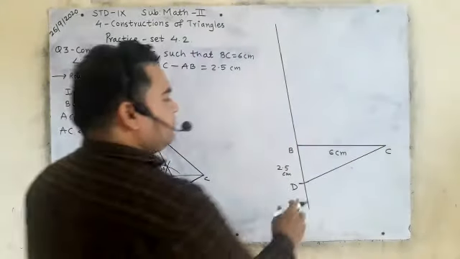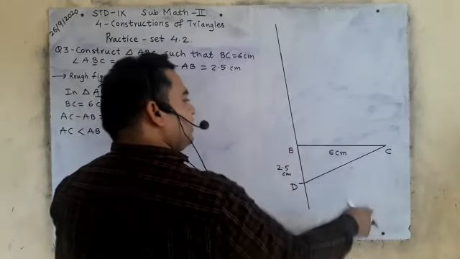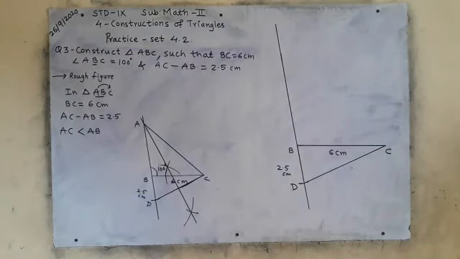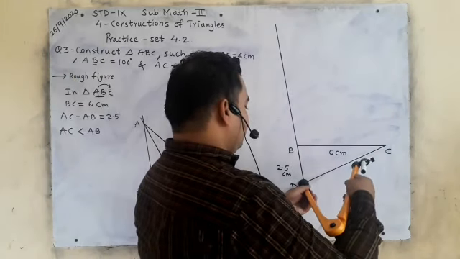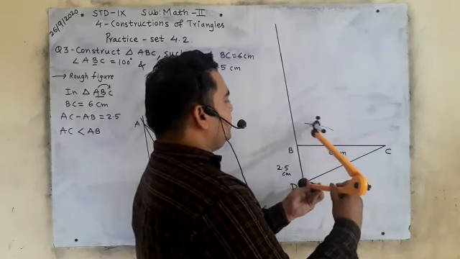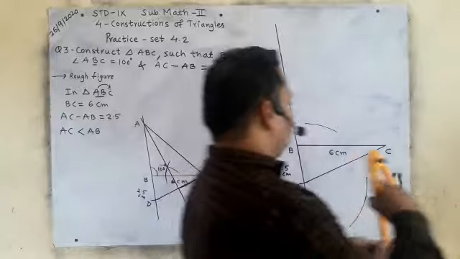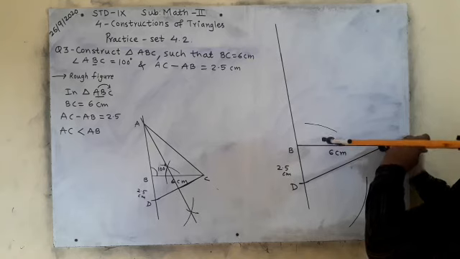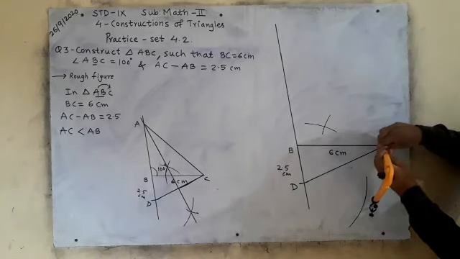Then after CD you will draw the perpendicular bisector of CD, from D and from C. Look here. I will take the compass and keep it on point D, take more than half the distance, and draw an arc here and an arc down. The same distance I will take from C. It will come like this and like this.